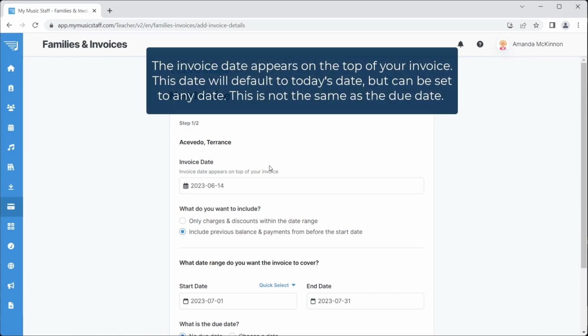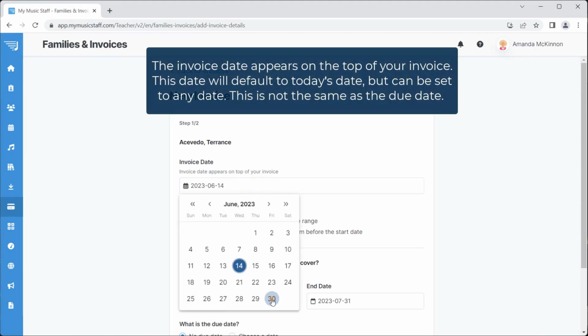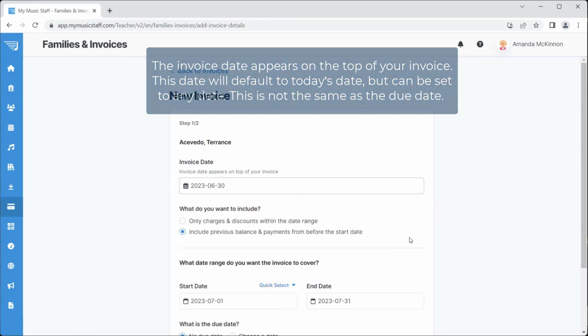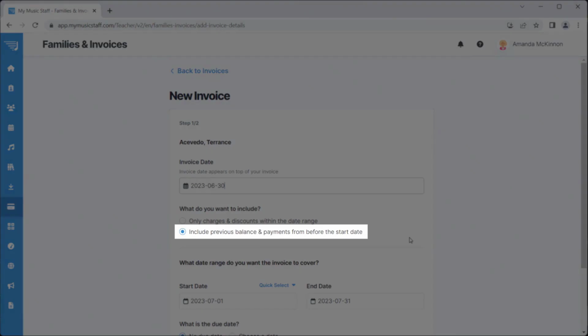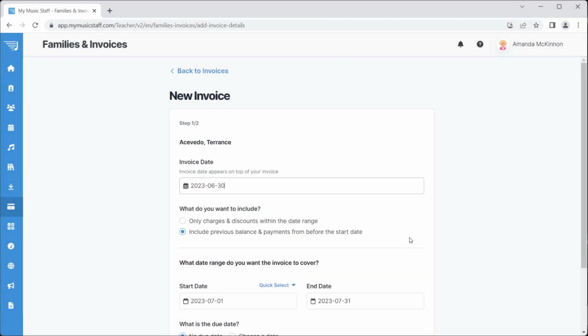First, select your invoice date. This will appear at the top of your invoice. Next, select what transactions you want to include. Including the previous balance will make sure that any unpaid balance or credit from a previous invoice will roll over